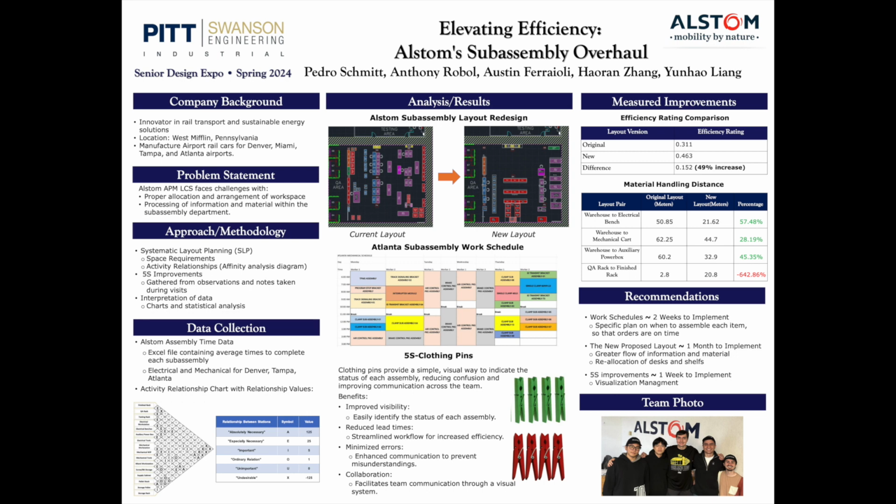Shown in the middle of the poster is our subassembly work schedule deliverable. For this particular example shown is our Atlanta mechanical subassembly work schedule. The way our work schedules were created, we included a 1-hour break for every worker every day, and tasks were allocated within the schedule with respect to how much time Alstom approximated that it took according to the Excel data that they provided us. With this particular work schedule, there were 2 workers working 40 hours a week, so there were 80 hours available, and it took about 77 hours to complete all the subassemblies, including the 1-hour break for each worker every day. So it worked out quite nicely.